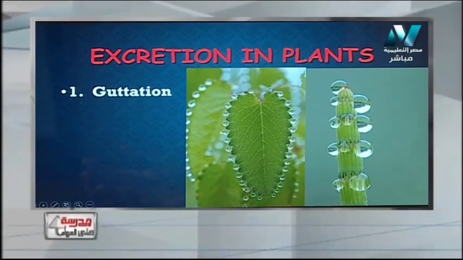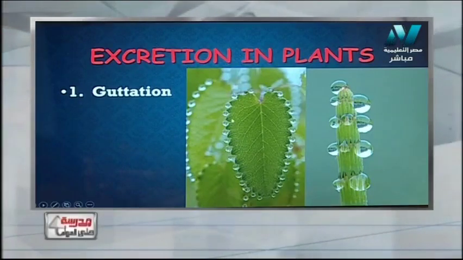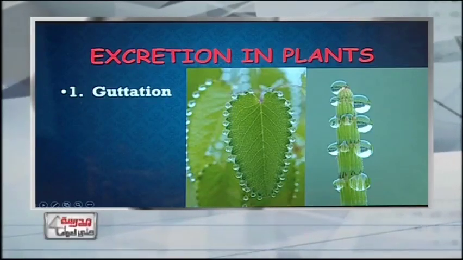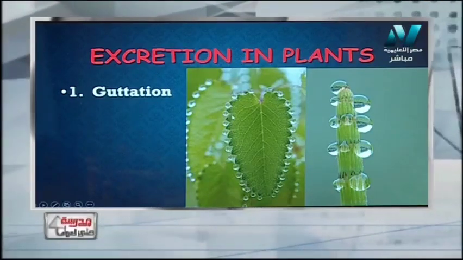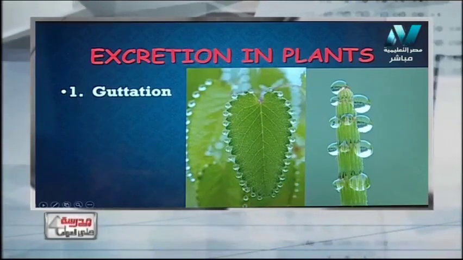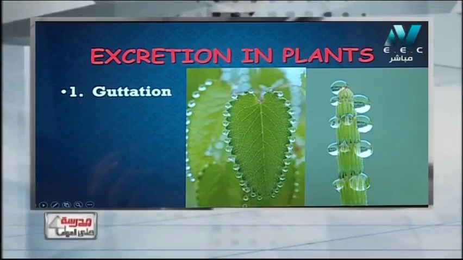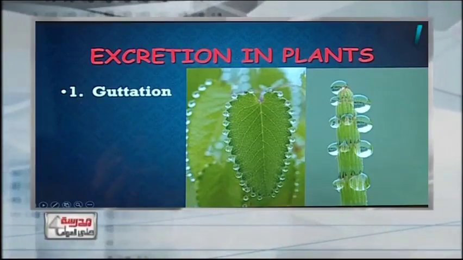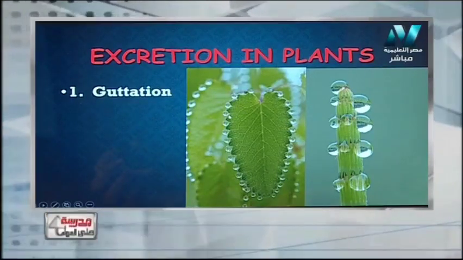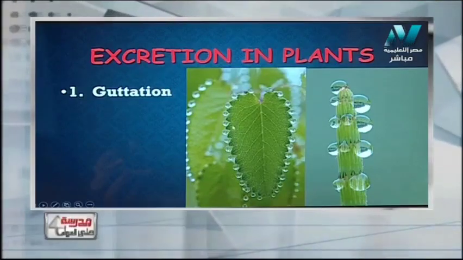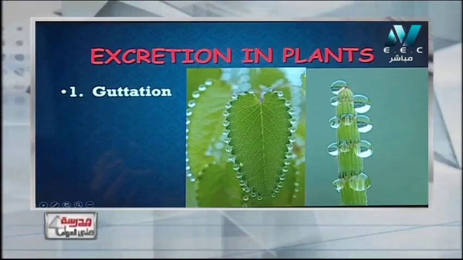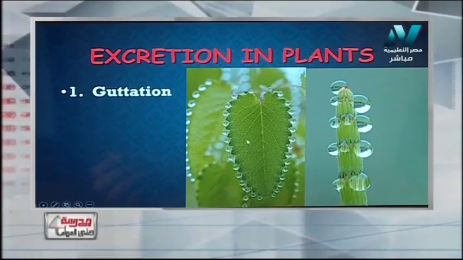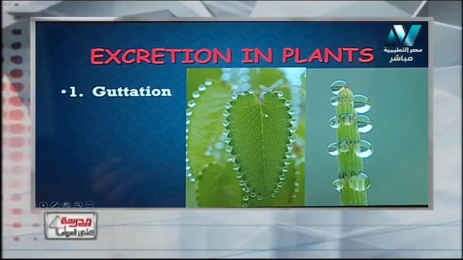And these droplets of water come out from the leaves through a device called hydathode. What's a hydathode? The hydathode is a device like stomata, but it is open all the time and present at the edges of the plant, at the end of the veins and venules, as you see in this picture. It's a very nice picture to show the guttation.